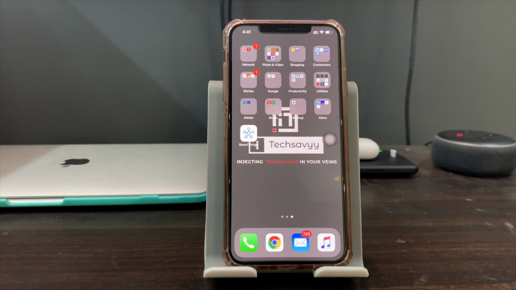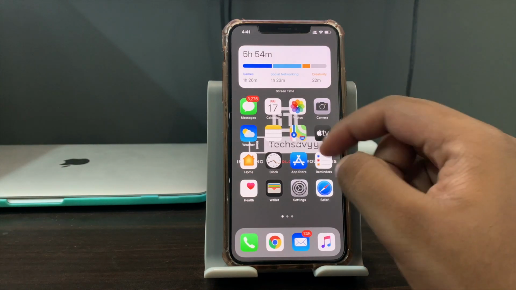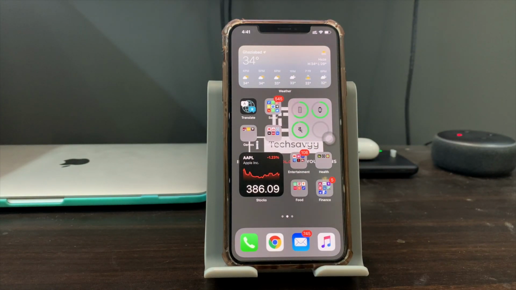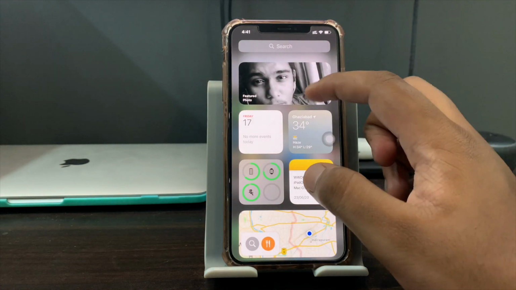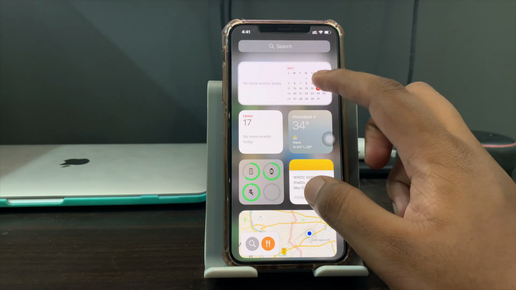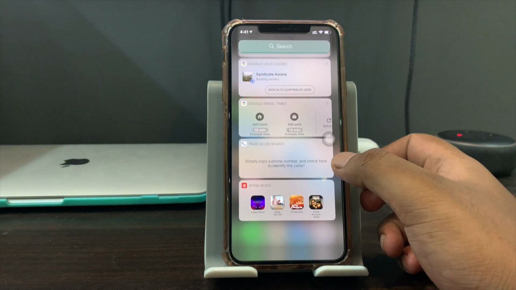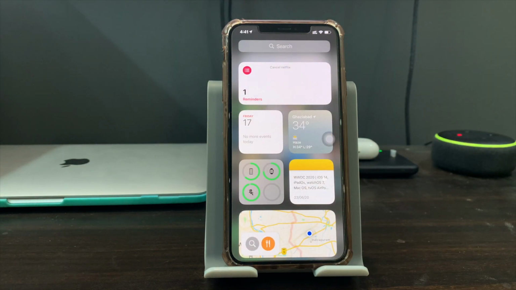Okay, so now let's move on to the next thing, and let's talk about widgets. So obviously you might have noticed some of the widgets on my home screen, and yes, that is a pretty cool feature. I will be explaining about this in a bit. So first let's go to widget page. Now my widget page is different, as you can see. All the widgets have new interface, and I really like these new widgets.